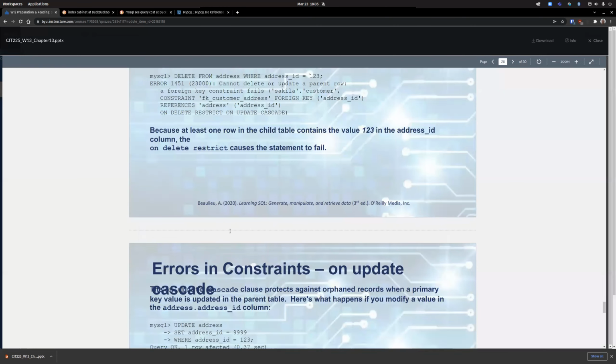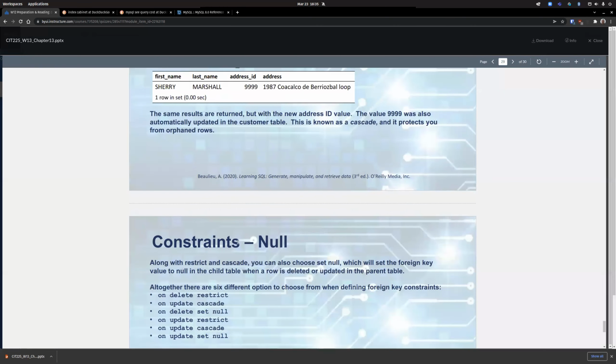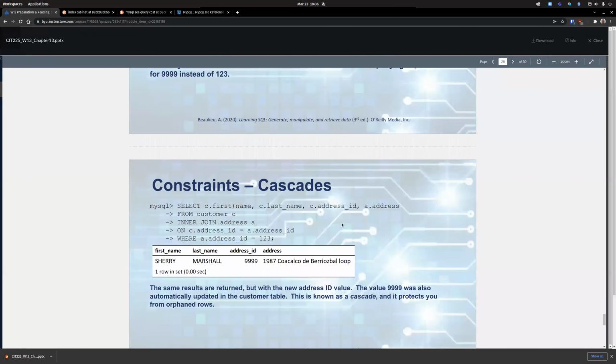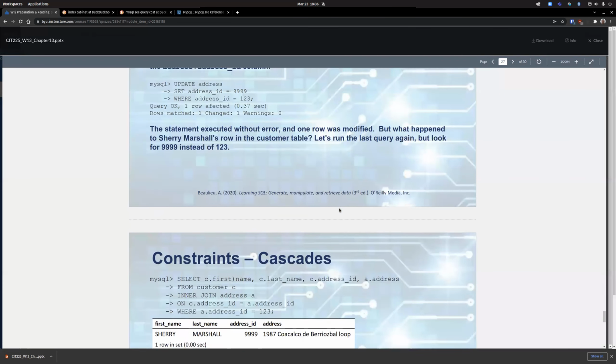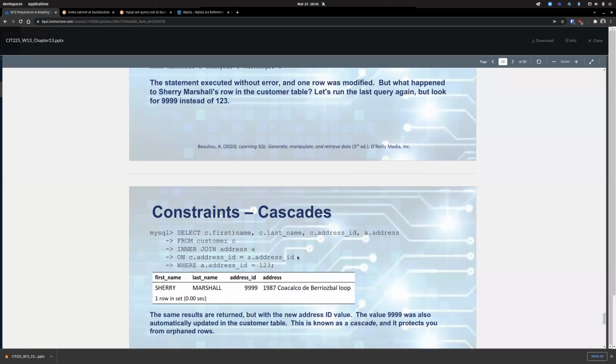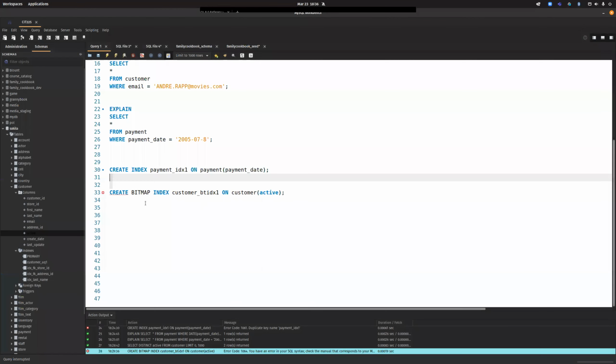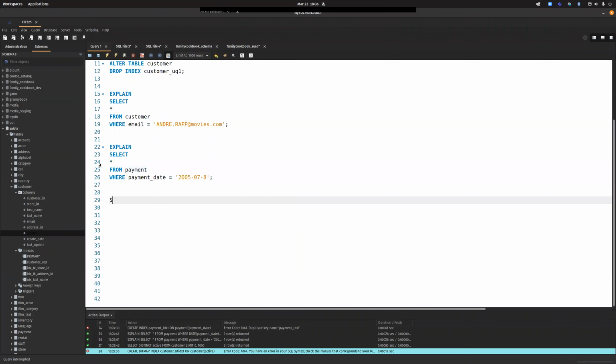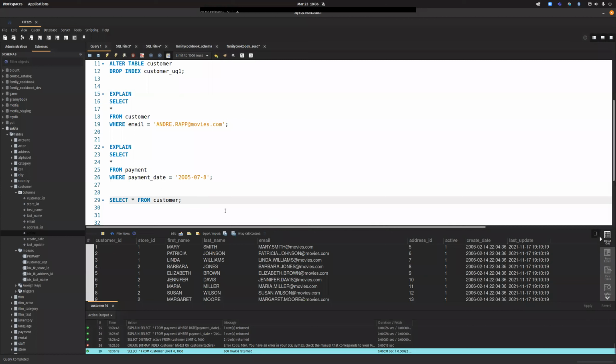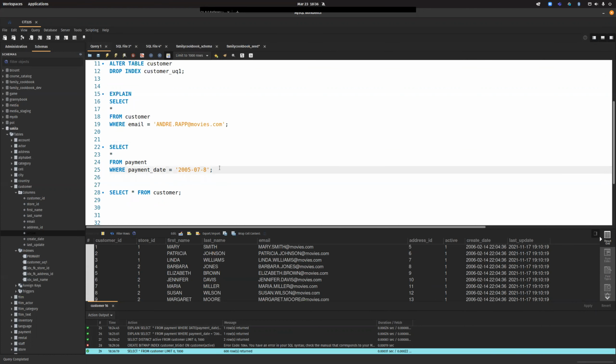All right. I do go through cascades. I think we talked about this when we went through how to build tables for the final project. But when we have a foreign key constraint, so for example, if I'm in customer, we have our customers here, and we know there are customers that have payments. So if I were to look at our customer with payment here on this day,